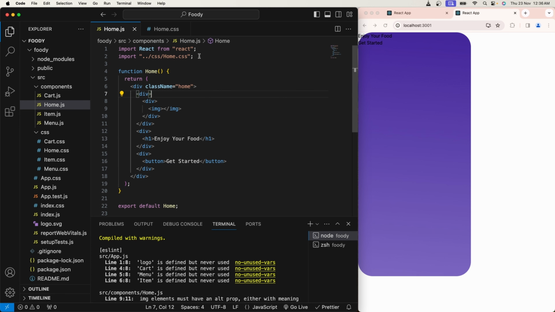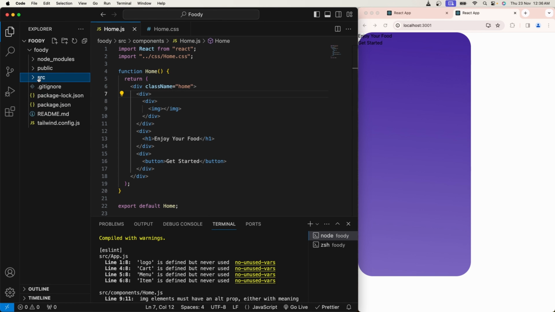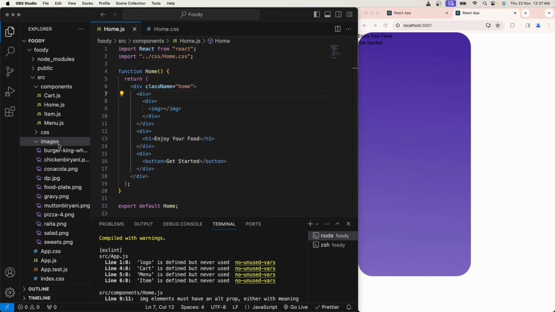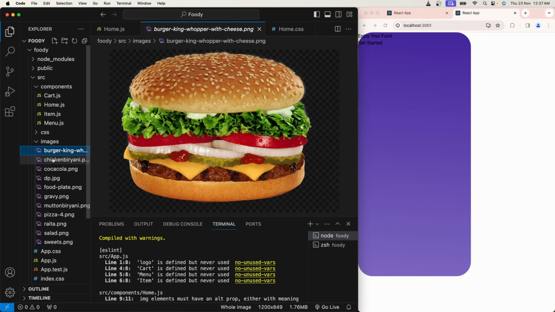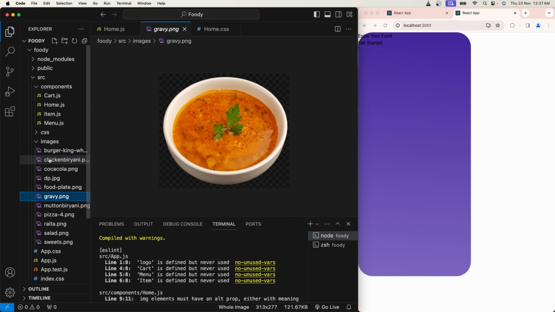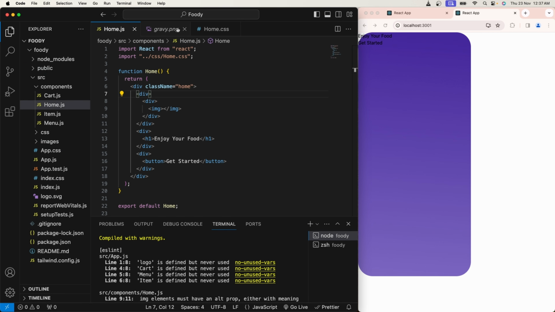And let me first get all the images for my application. So for that, inside src folder I'll create one folder called images, and I'll copy paste all the images inside this folder which are required for my project. Let me do that. As you can see, I'm ready with all the images which are required for my project. So I have pasted them under images folder. Now inside my home directory